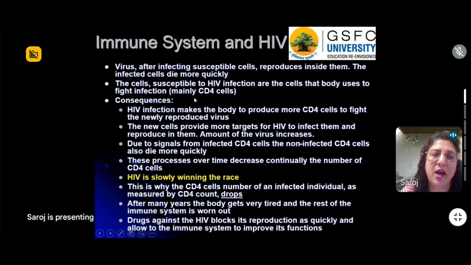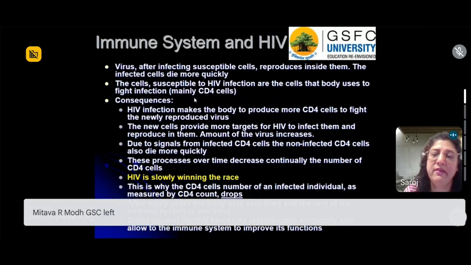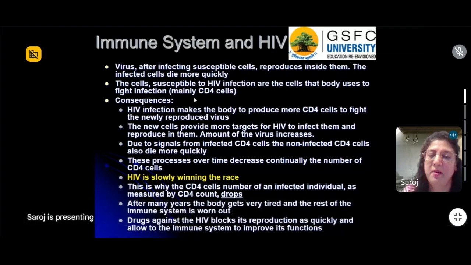So Manpreet, just to answer briefly here as well. We talked about how HIV is going to be infecting your CD4 cells. So what would be the consequence of that? The moment your CD4 cells are infected, your body has recognized the presence of a foreign virus inside your body. And what are they doing? They are producing more CD4 cells so that they can fight off the newly produced virus, because these viruses are again part of your blood and plasma.